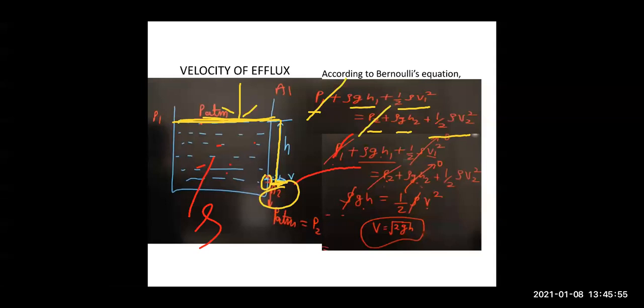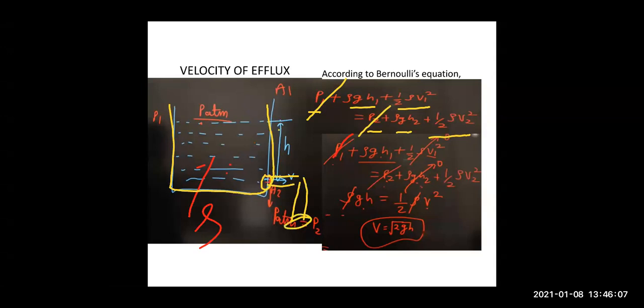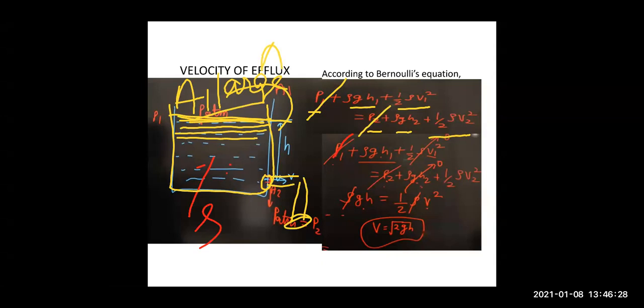Okay. Now children, you might have observed this. Suppose this is your tap, and the water is coming out from the tap, and this is a water tank, the tank you have on your terraces. Suppose you put on the tap and go to the terrace and see the level of the water. As the area is large, do you see the velocity of the water moving down? No, right? Why? Because as the area is large, according to the equation of continuity, A1 V1 is equal to A2 V2. So as the area is very large, the velocity of the water is very less.